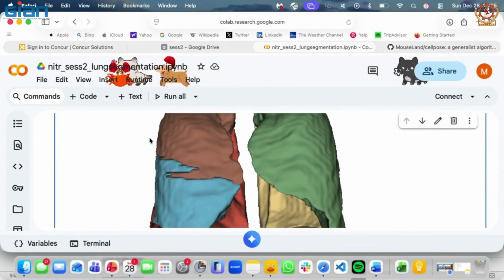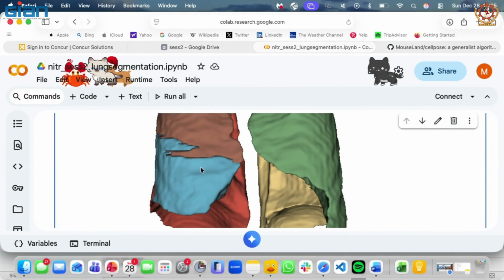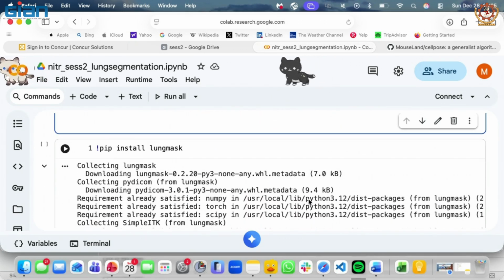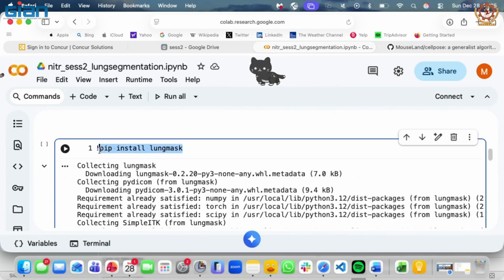So these are basically the lobes. You see, there are 3 lobes in the right lung and 2 lobes in the left lung. Okay, so we just install this library, pip install lungmask, and